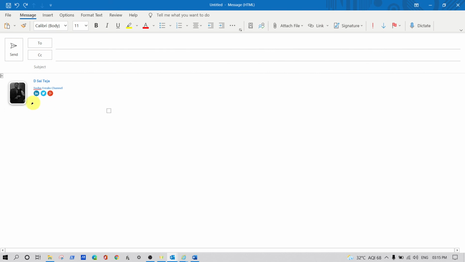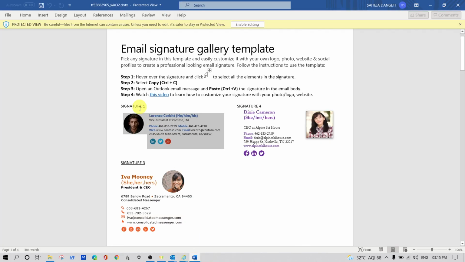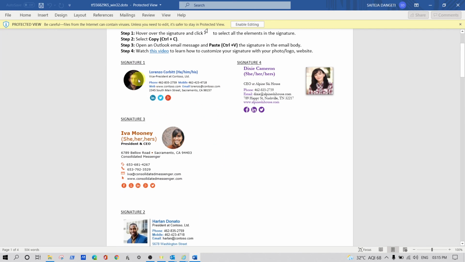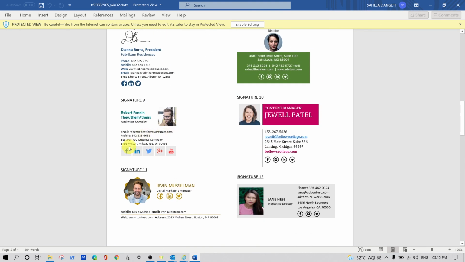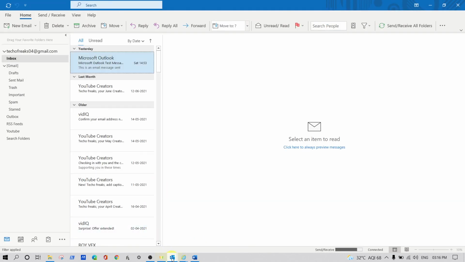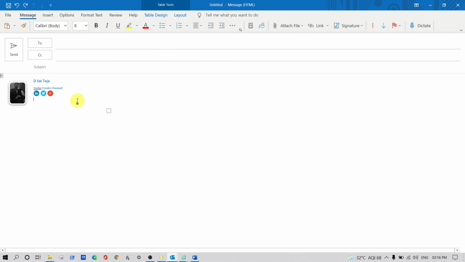Of course, it is not a professional signature, but we have professional ones, right? Just see, this is a professional way which Microsoft is already providing us. So just go ahead and try to follow the same instructions and just edit this, and you will get a proper and perfect professional signature.